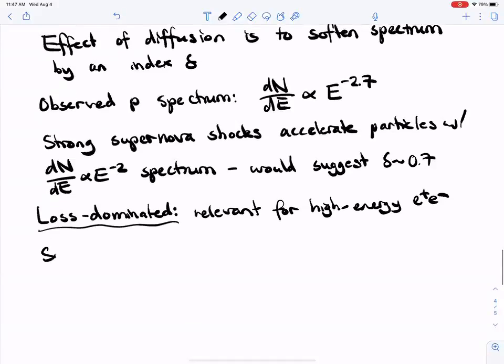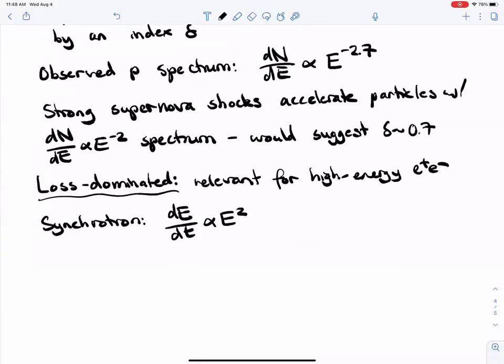So synchrotron, you can work it out, and you find that the rate of energy loss to synchrotron per unit time for a charged particle in a magnetic field scales as E squared. Higher energy particles lose their energy more efficiently to synchrotron. ICS also has dE/dt proportional to E squared in what's called the Thomson regime,